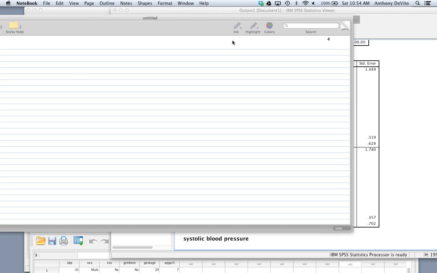So that's going to be 43.5 to 49.5. I'm 95% certain that the true female systolic blood pressure for these infants, this population of infants, is between